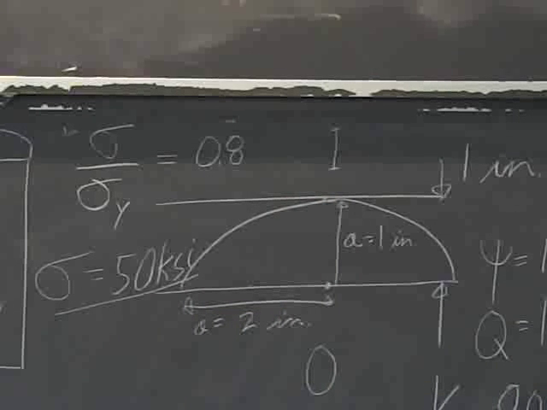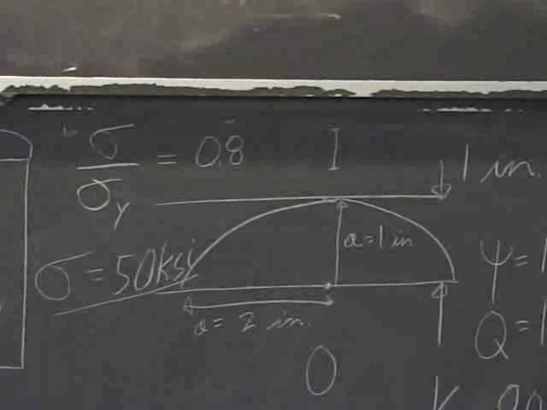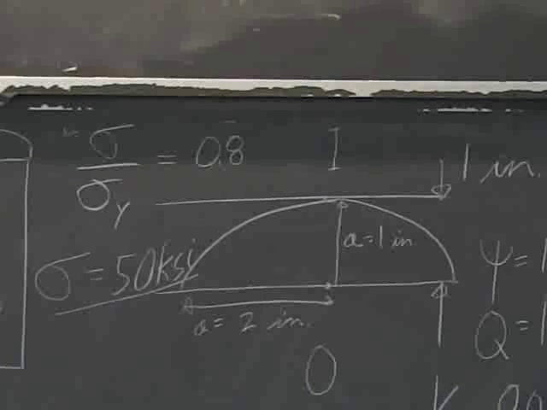So that's why I picked the numbers, to give you an idea that as you start, if you have a 1/4 inch wall, it's easy to form a crack through the thickness before you break, so you don't have to worry about it. As you go up in thickness, there is that critical point where now you really have to worry about it. If you have a 6-inch thick vessel,